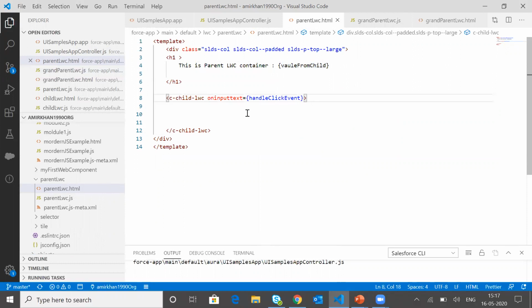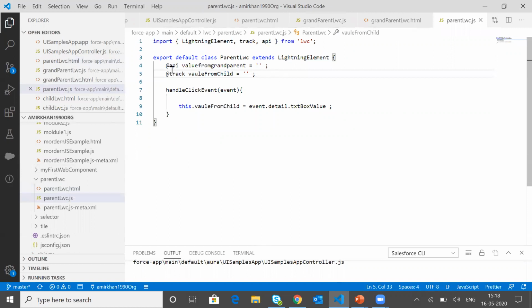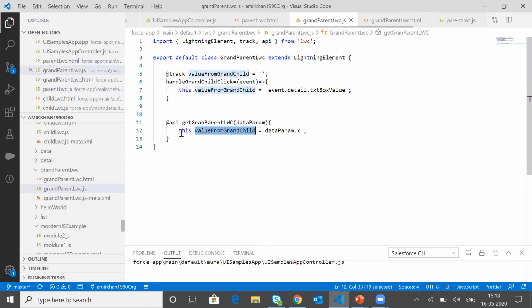So let's say I'm going to pass this particular value from the child data to the child as well. Let me add one more attribute, and that particular attribute will be @api enabled. So in the parent LWC JavaScript, I will be adding it. We already have the one API, valueFromGrandchild variable, and I'm going to use the same variable here.